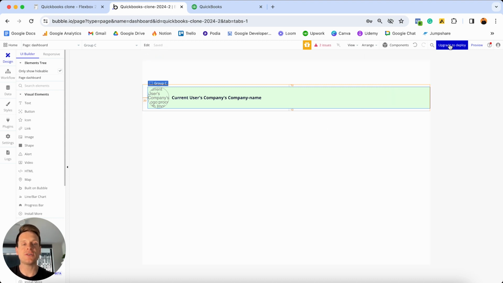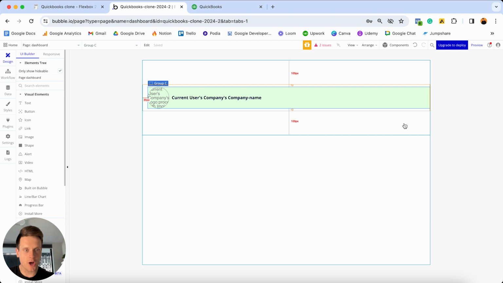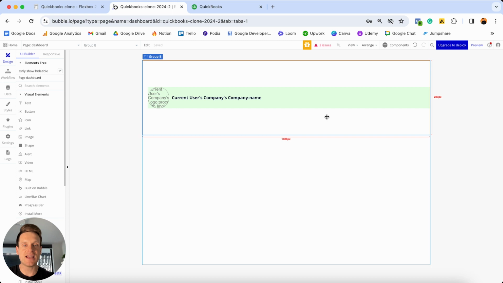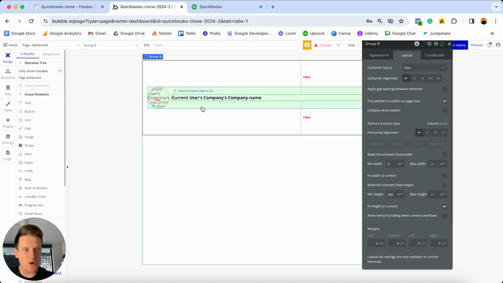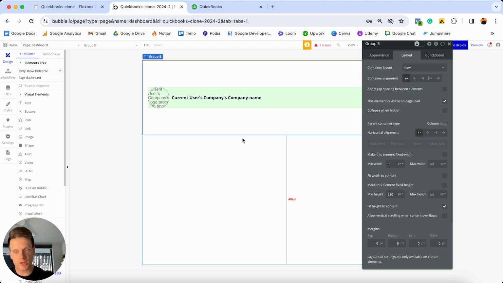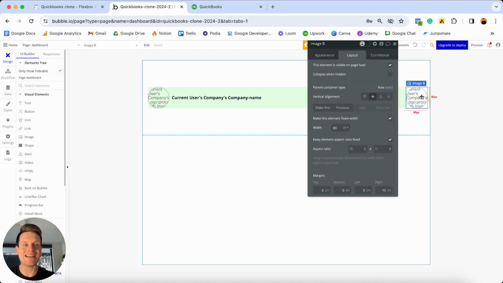And the last thing I'll need to add within this white group here at the top of my page is just the profile photo of the person who's currently logged into their own account. So what I'm going to do is actually just make a copy of this existing image here. I'll select in my white group. And this is kind of what I mean about white groups. I can't really see where it sits on my page, but look, this is the only white group I'm going to work with. But what I'm going to do is select in this and paste in another version of that